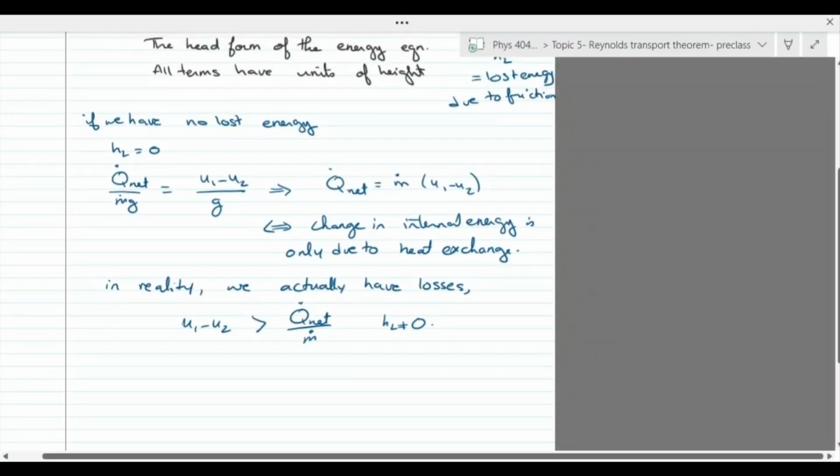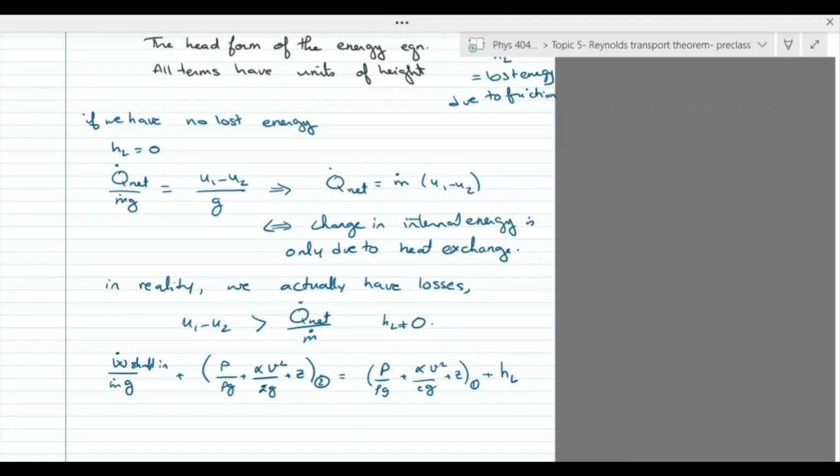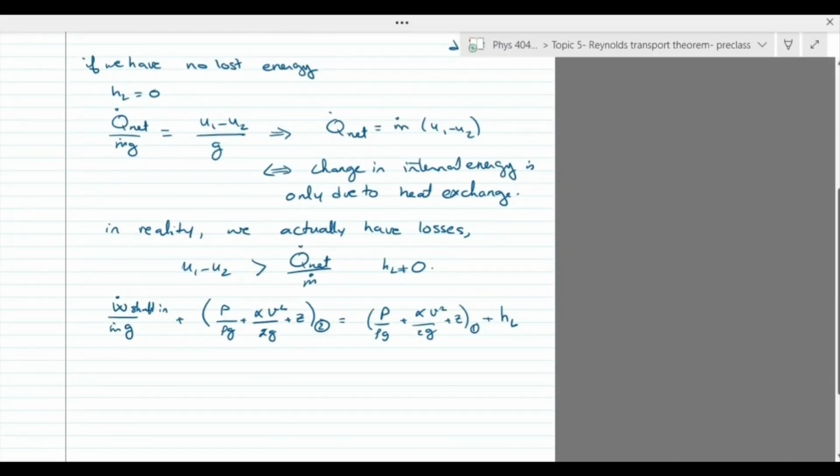So now we can actually rewrite our equation. We will have W dot shaft in over m dot g plus P over rho g plus alpha V squared over 2g plus z over my output equals P over rho g plus alpha V squared over 2g plus z over the input plus HL, which is now the head loss due to irreversible processes. The second term I would like to take a look at is this term, which is